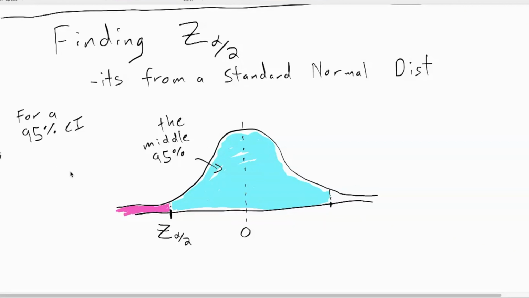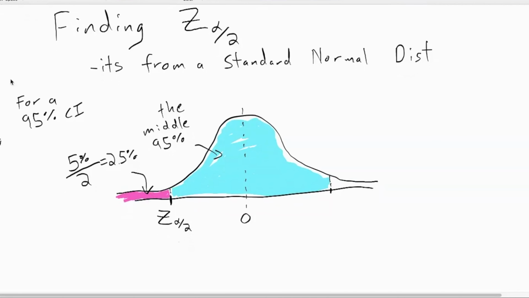So there's 5% in total on both outsides. But what we want to know is how much is just in this lower region. Because there's 5% in both outsides, there's half of 5% in this lower region, which means that there's 2.5% in this pink area here,